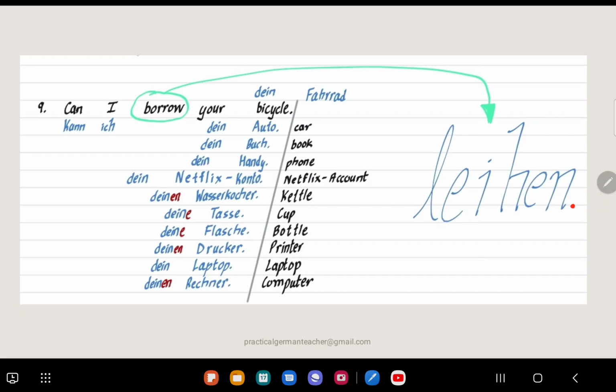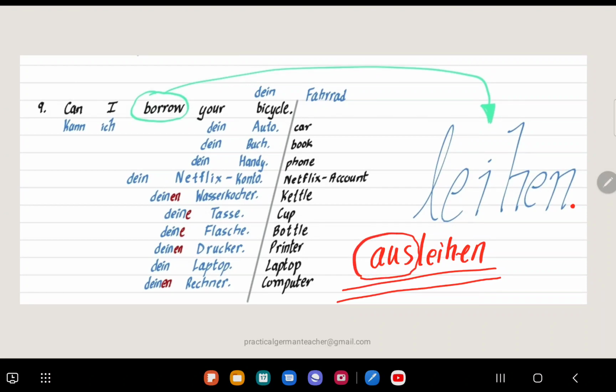Okay. What also I want to tell you is that, so you know leihen, right? It means to borrow. There are other verbs which also mean leihen. So there is this verb ausleihen. They both mean the same thing. It's a trennbare verb, guys. So when you use ausleihen, aus will be separated. It's a separable prefix. They both mean the same thing, but as I said, I want you to be experts